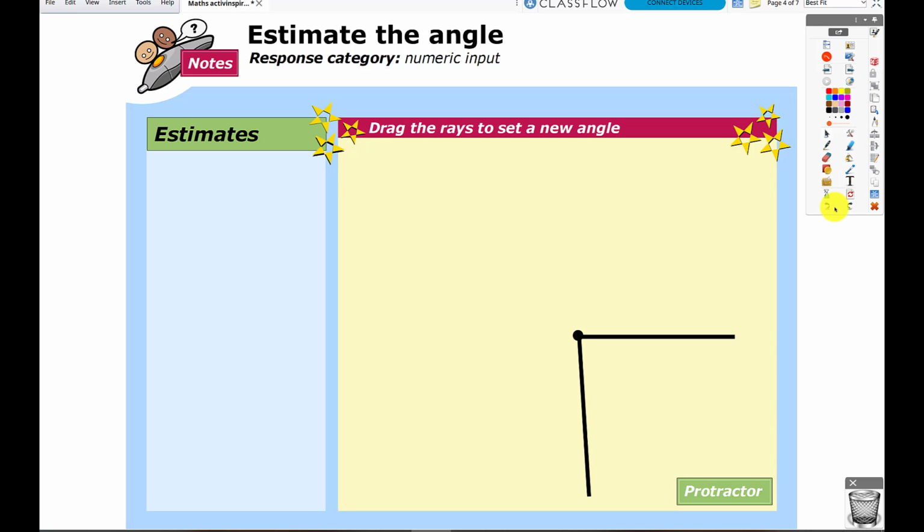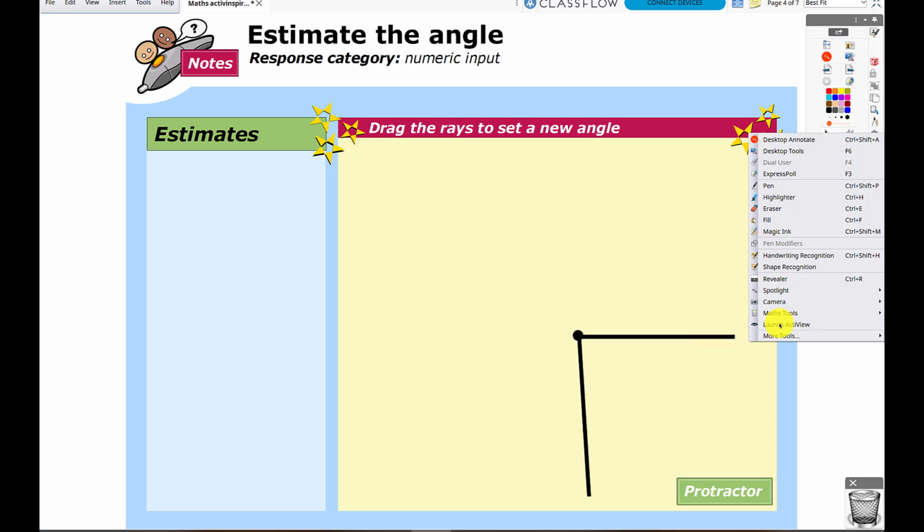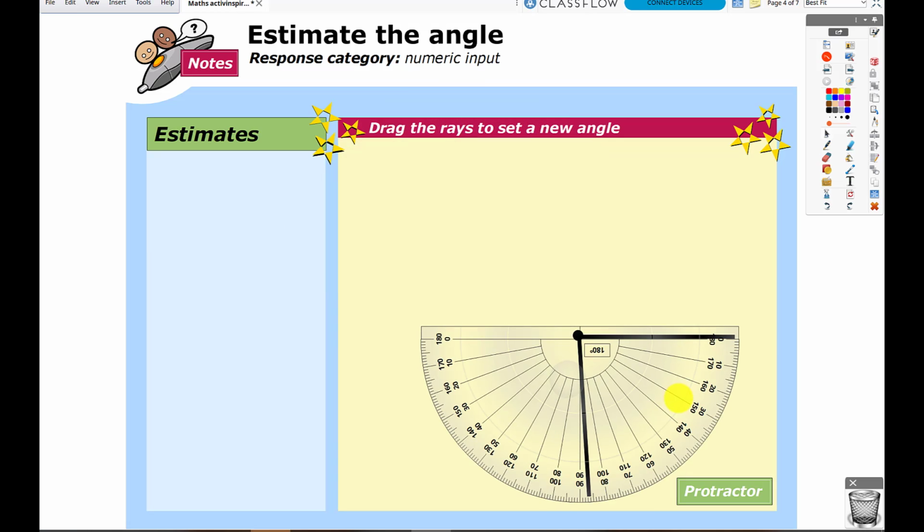Here I may want to use a tool that's not visible. Selecting the tools option above the highlighter, a cross, hammer and spanner, I can choose to add in additional maths tools. Here I want to use a protractor. I can insert my protractor, and then using my interactive board, I'm able to calculate the angle by measuring it